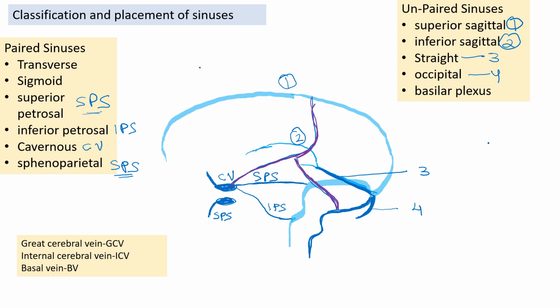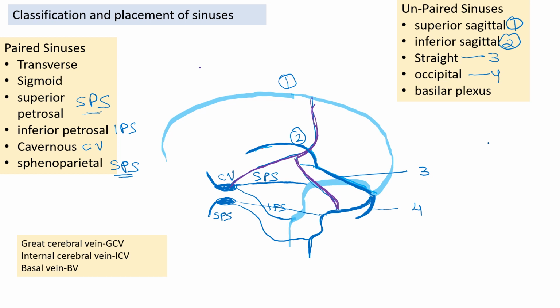Fine. Okay, if I have to make the other side also, let me try to make it. Just draining into the transverse sinus and then draining into the sigmoid sinus. So this is how these venous sinuses are placed in the cranial cavity. Let me draw it a little thicker.